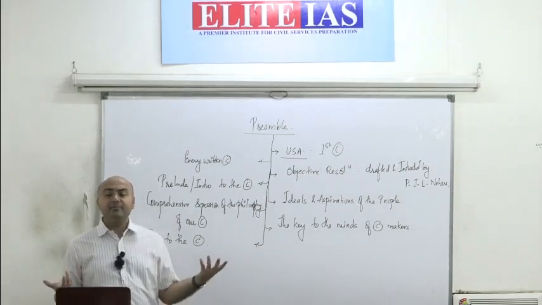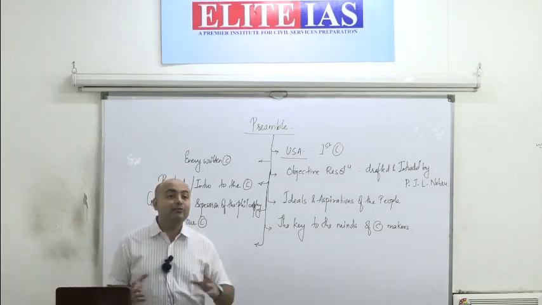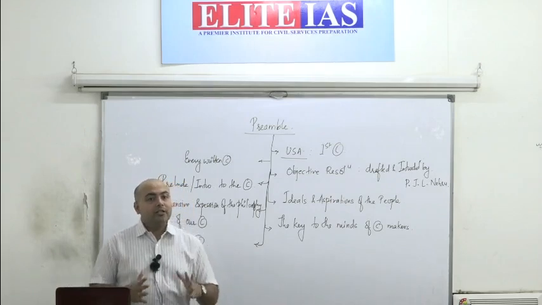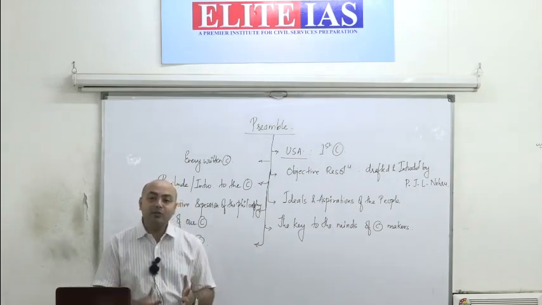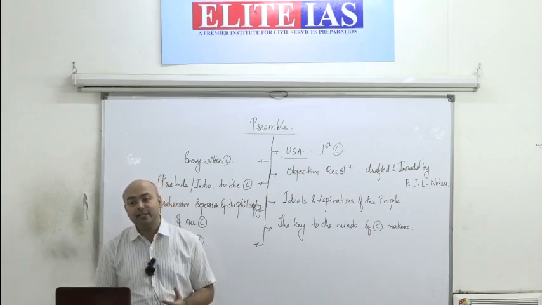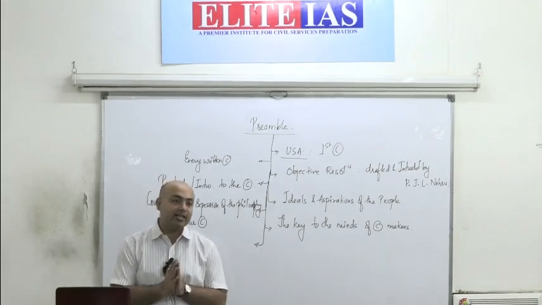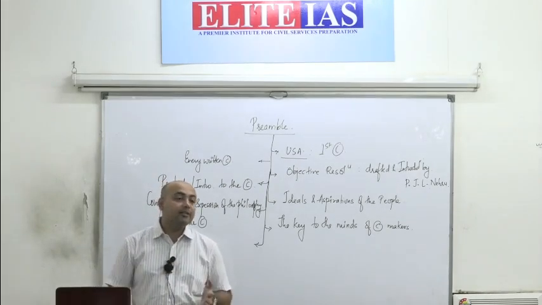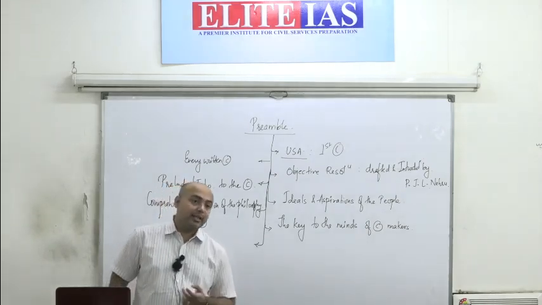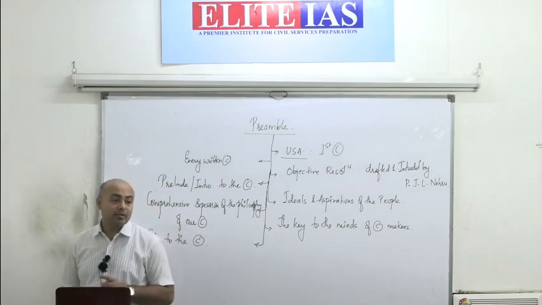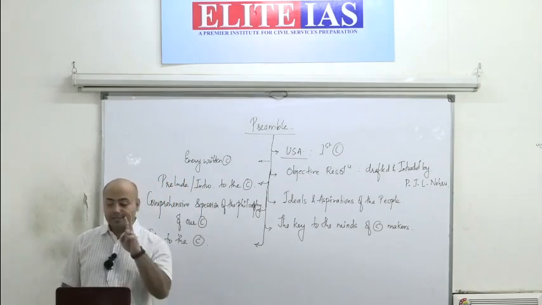Yes, the state might take up certain steps to enforce it, but on behalf of what has been written in the preamble, I cannot go to the court and ask for its enforcement. That is the reason why it is described as non-enforceable or non-justiciable. We say it is non-enforceable or non-justiciable. Clear? Second,